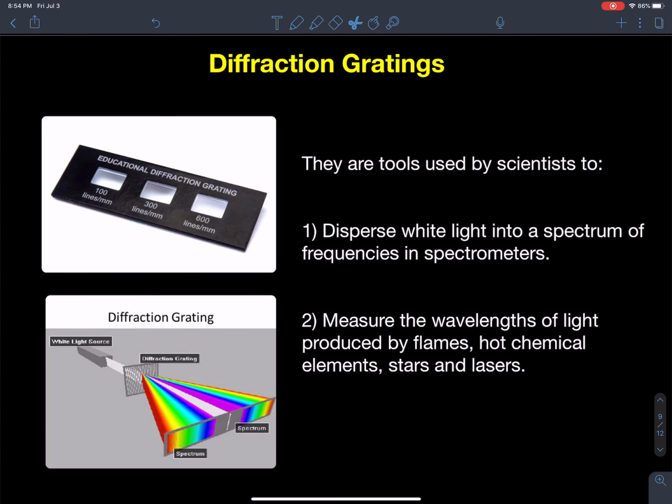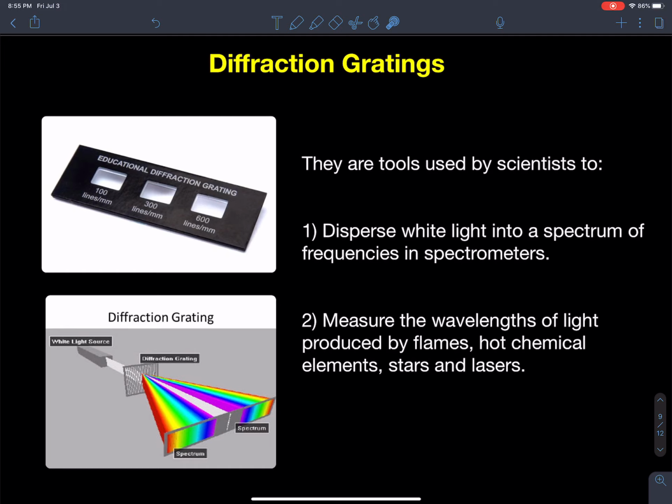The last concept for multi-slit diffraction involves the use of diffraction gratings. You have a small section in your text that talks about this. This is something we would have played around with a lot in the lab. They're pretty fun to have. We have this tool in the lab, which is multiple diffraction gratings. These little windows, we would shine a laser into and you'd see some interesting patterns